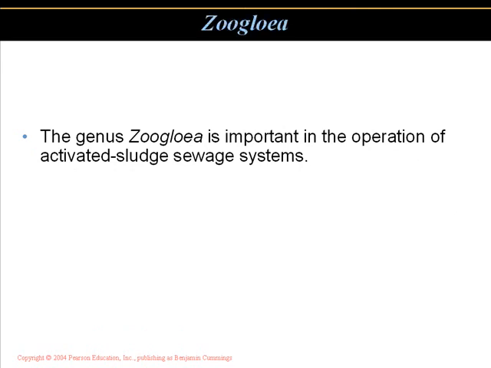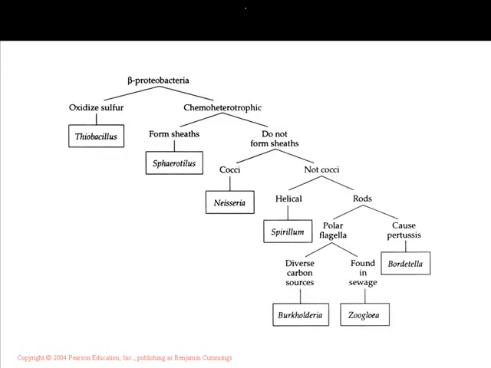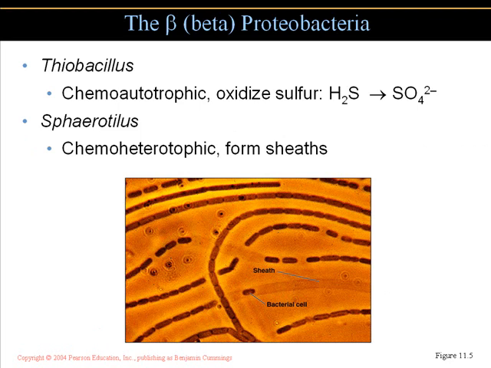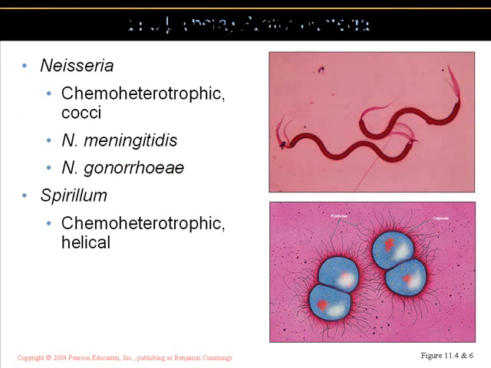Neisseria. Then the next one, you don't really have to worry about that. This is just some illustrations, pictures out of your textbook that help to identify particular organisms. Thiobacillus, a chemoautotroph, again involved in the sulfur cycle. I'm not going to hold you for recognizing that. I do want you to be able to recognize these organisms, though. You should be able to recognize Neisseria, Neisseria meningitidis, Neisseria gonorrhoeae,